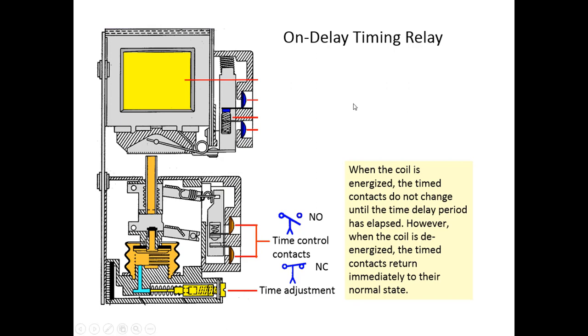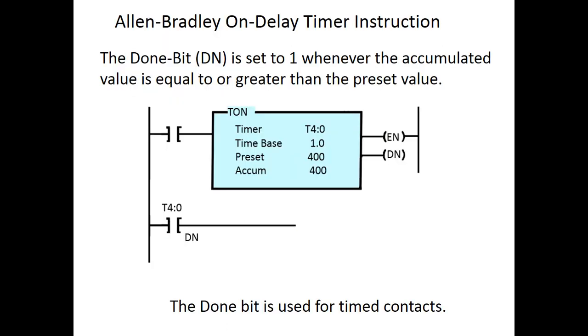Let's take a look at some more. On delay timing relay. So we have our normally open timed closed and our normally closed timed open contacts. These are going to be simulated with the done, the .DN bit. So when the timer times out, it will get done. Here we go. We have once again a T40, and here's my done bit. So I close this, and the timer starts timing,